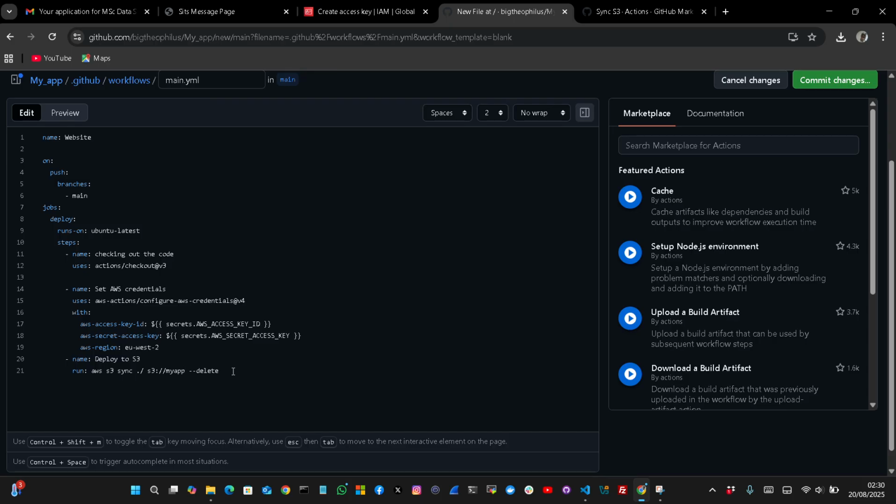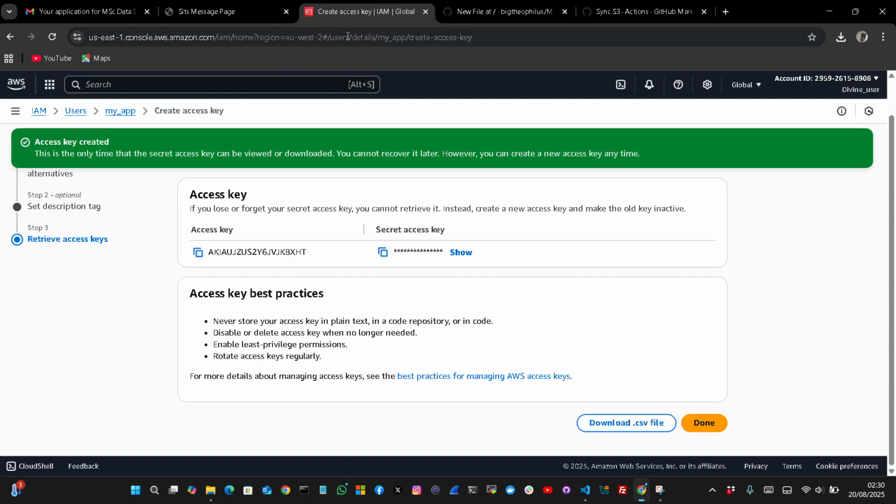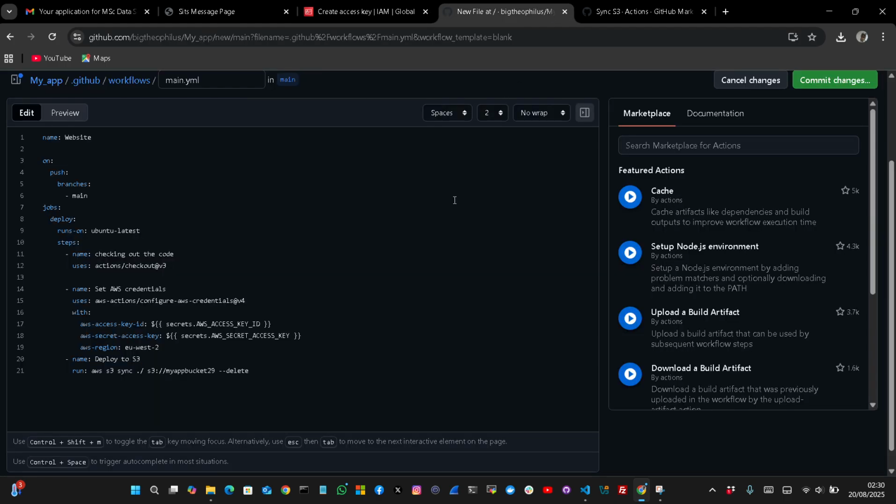My app bucket 29, I think. Let's confirm that. Yeah, I think that's what it is. So you need to put this there, and then now you see we have referenced some things here because you cannot expose your access key and secret key to everybody